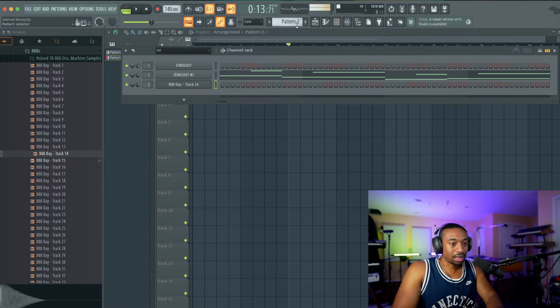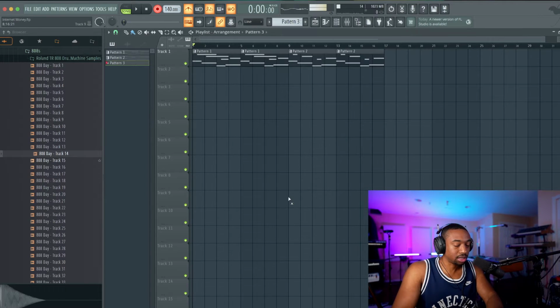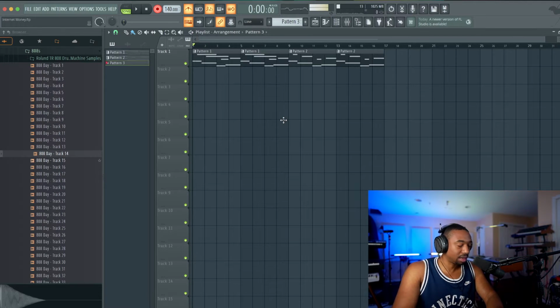We're going to hit Control L. Let's go to a new pattern, and we're just going to record the note. We're going to hit the metronome, record notes and automation, and just use your typing keyboard. We're going to right click, layout piano, right click C, right click 4. So I'm just using my comma to play it like a kick drum.